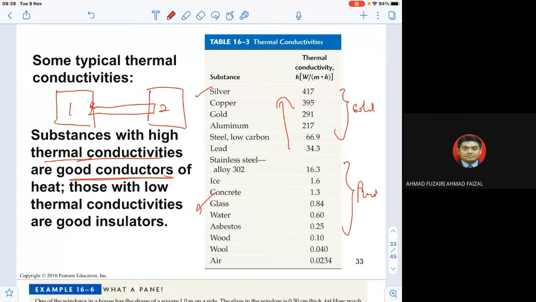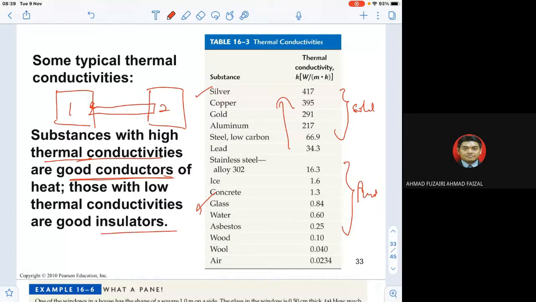Okay, you can refer to this thermal conductivities table, because the higher the thermal conductivity value, the better the conductor. Okay, but the better conductors of heat. I want to emphasize conductors of heat, not electricity. Those with low thermal conductivities are good